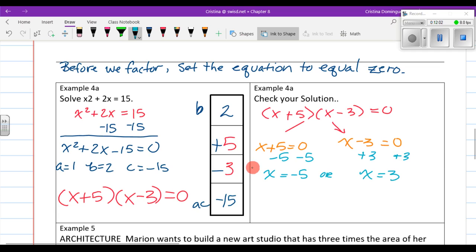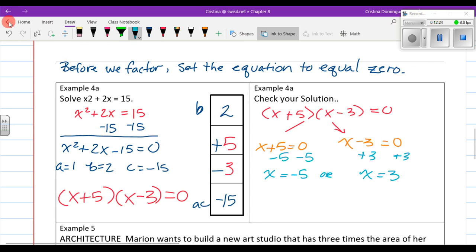So how many solutions do I have? I have two solutions, right? I could have x equal negative 5, and/or I could have x equal to 3. Okay? Let's go ahead and we can check this out. I'll show you how it works. Let's go over here